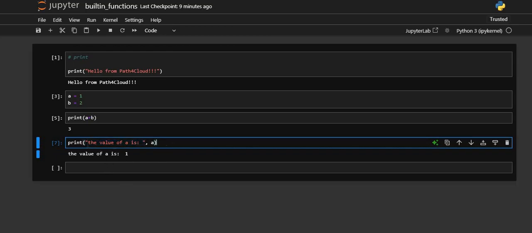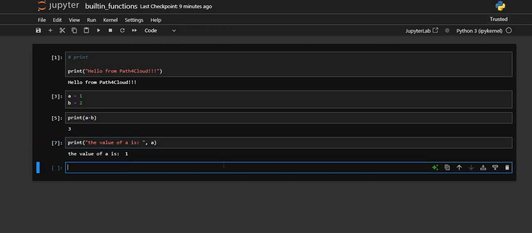So like that we can make use of print if we have the variable defined, and if you want to print the value or keep the value in your sentence or in your string, then that way you can define. But there is one more way you can define, right? Let me show you that. That is something called f string, right? Let's say